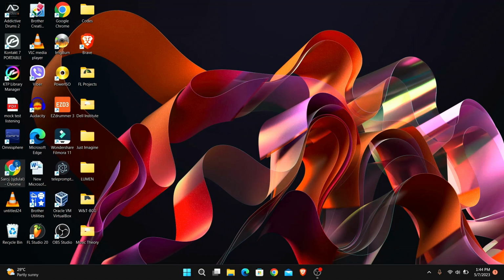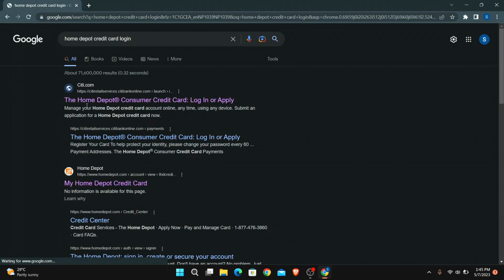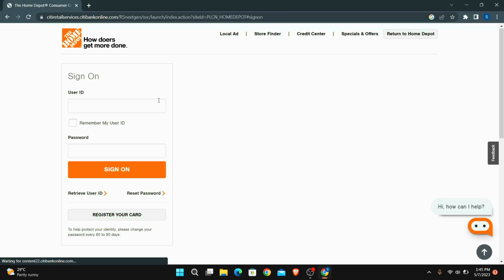In order to do this, first of all, go ahead and open up your web browser. Once you open it up, search for Home Depot credit card login. You will see a website from Citi.com which says the Home Depot Consumer Credit Card Login or Apply. Go ahead and click on this link, and you will be taken into the login screen for the Home Depot